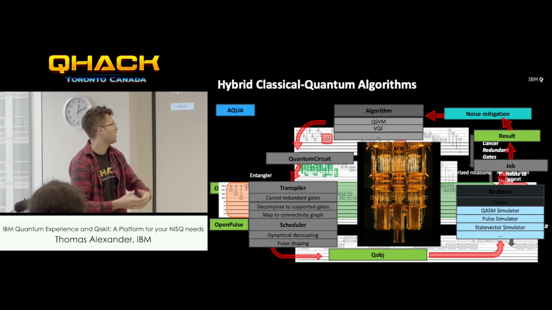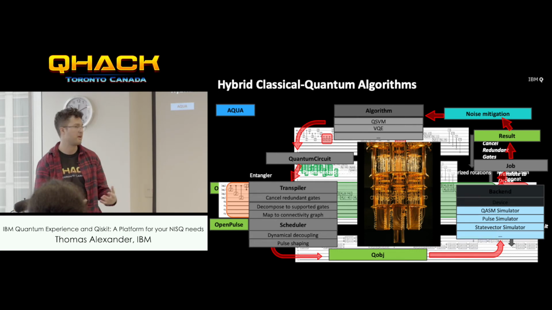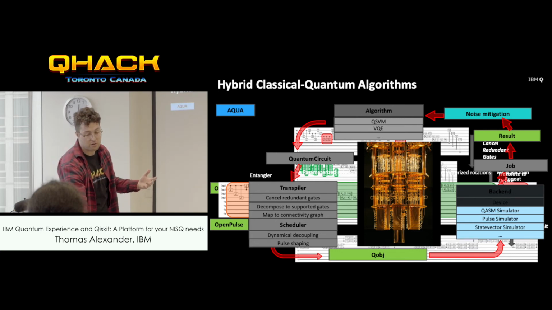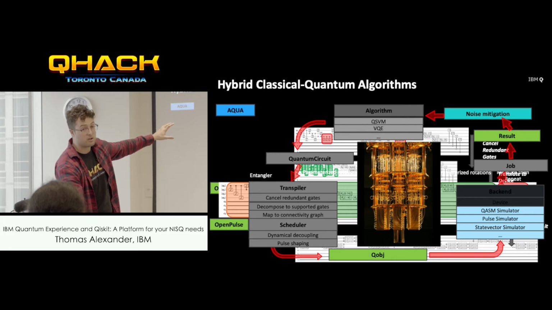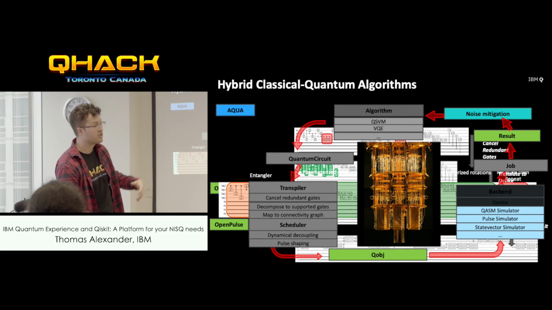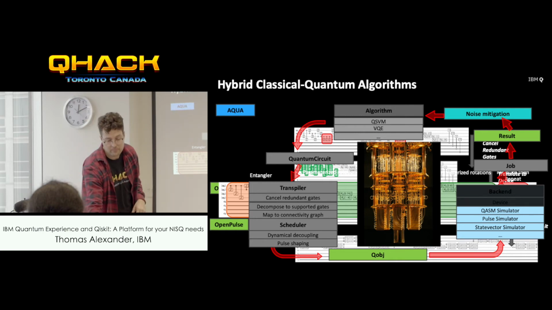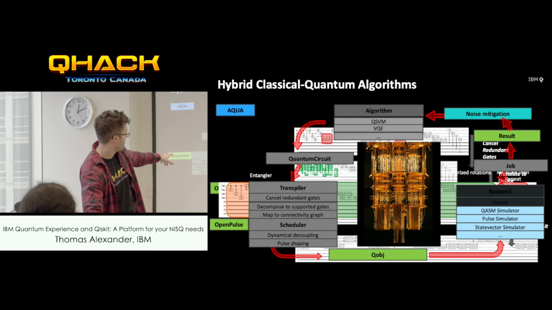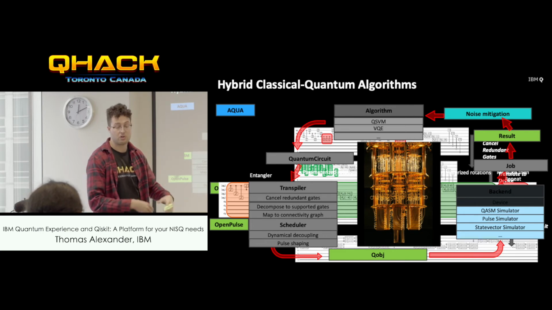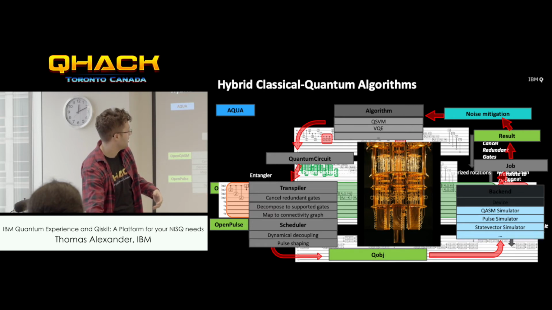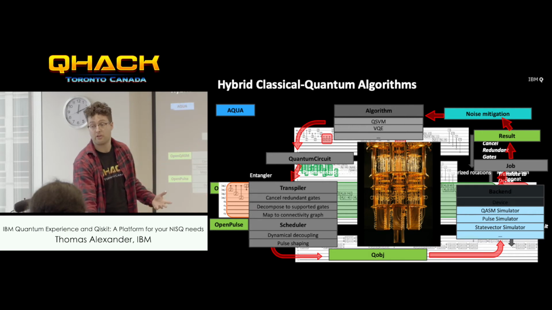So what's the general flow in a classical quantum hybrid algorithm? We're going to start by defining an algorithm in Aqua. It might be a quantum SVM, it might be VQE, and then this is going to output a set of quantum circuits to be run on the device. There might be, say, entangling operations, parameterized rotations, and then measurements in this circuit. And this is going to go through our compilation pipeline, the transpiler, which is going to run a series of optimization passes to improve your circuit for the underlying device. Then it will go through the scheduler, which will also do likewise at the classical level. And this is going to be sent to a device, whether it be a simulator or the underlying hardware.